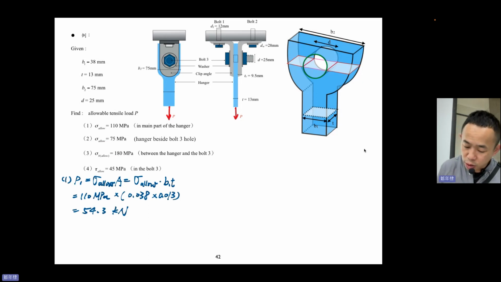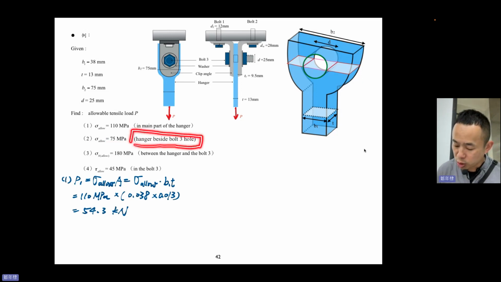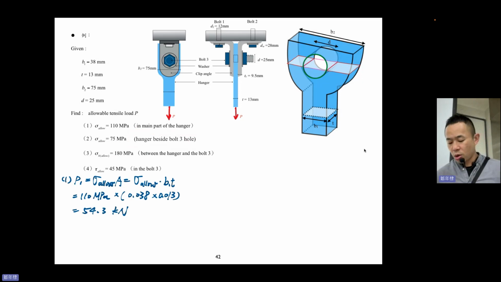Sigma allow equals 75 MPa. Hanger beside the bolt 3 hole. Okay, so what is hanger beside the bolt 3 hole? Bolt 3 is this one. Bolt 3 hole is this one, and the hanger part, the blue part beside the hole. So these two parts, right? These two parts. So I will use